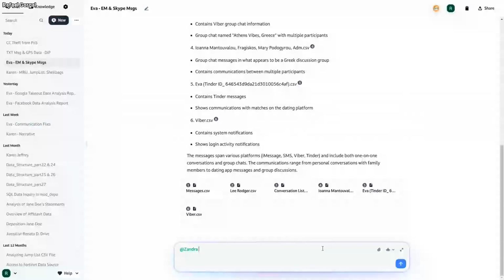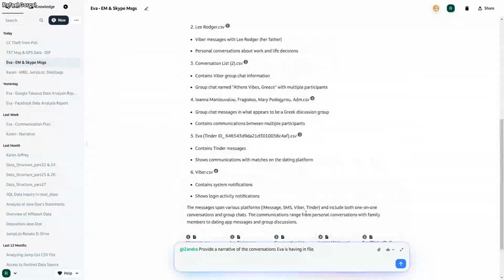So if I wanted to do, let's say, a follow-up message, how about: provide a narrative of the conversations Eva is having in file, which one's this called? Messages.csv. Okay.